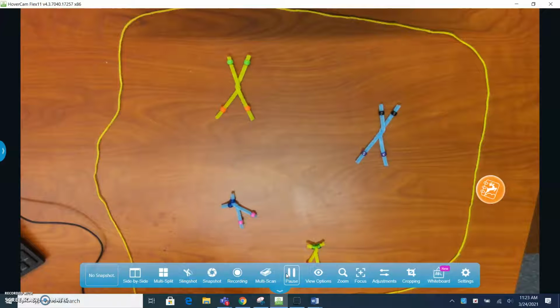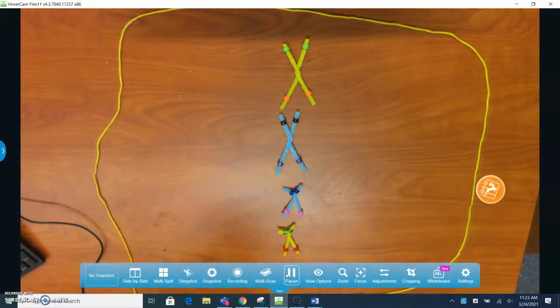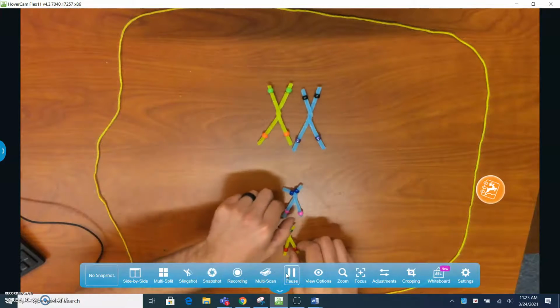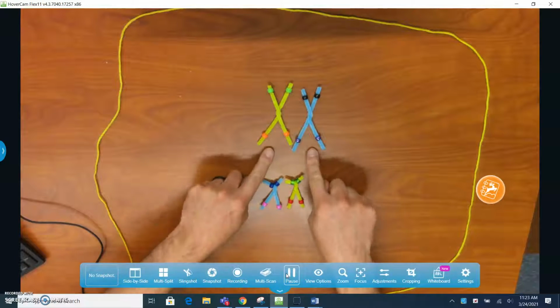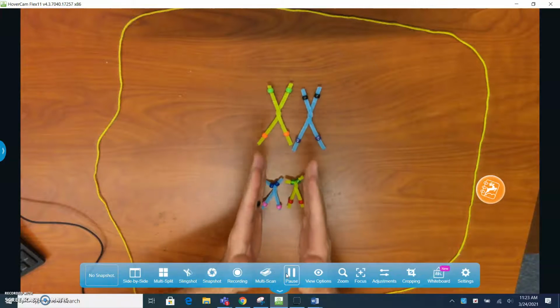Now in metaphase, it's going to be a little bit different moving forward than we've seen in mitosis. In mitosis, the chromosomes would line up just like this. They would line up in a vertical line. But in meiosis, we are going to line these up together with their homologous pairs. So now we see metaphase. We see that the homologous pairs of chromosomes match up and line up together in the middle of